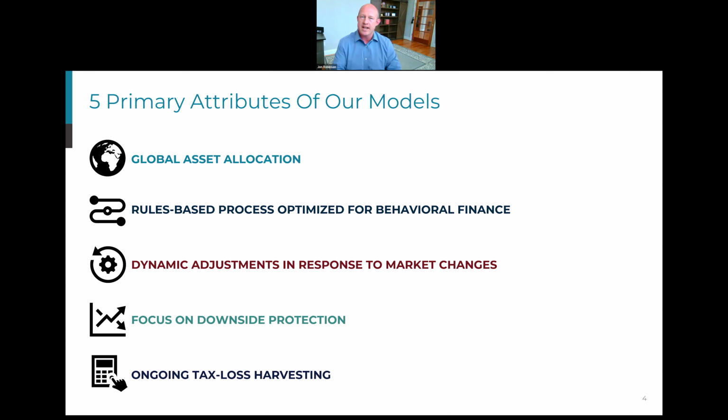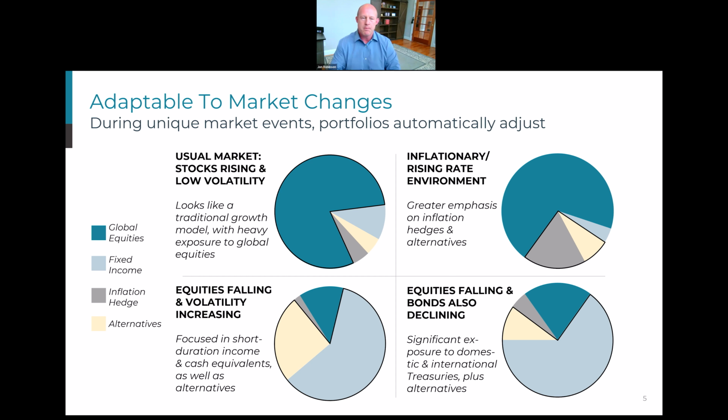So if you have non-qualified accounts, it's been our history and our track record to show that while the strategies we can't say are tax friendly necessarily or optimal, they are in most cases at worst tax neutral. So being rules based, meaning in a trend following way where we're reactive, means that we are adaptable. And by being adaptable, that means that we know where the model is likely to be positioned depending on the